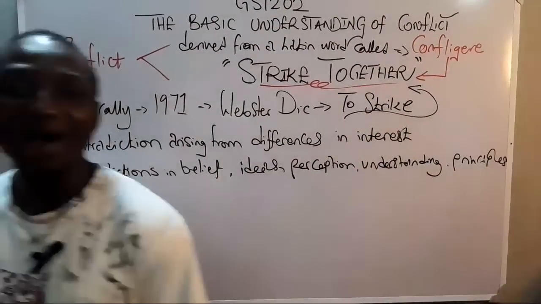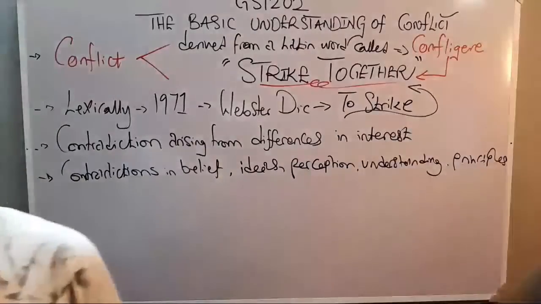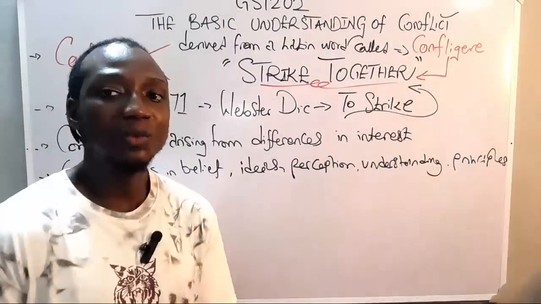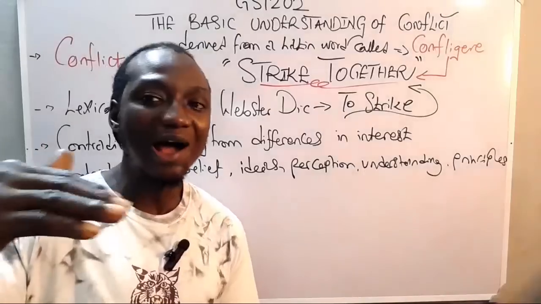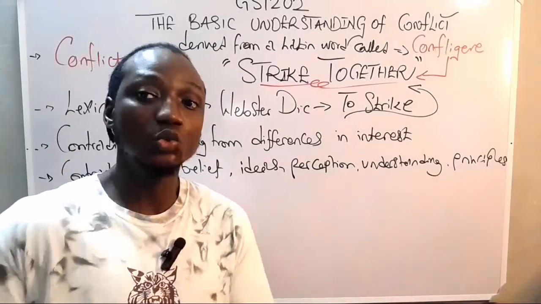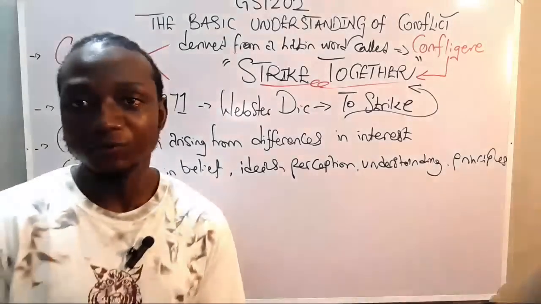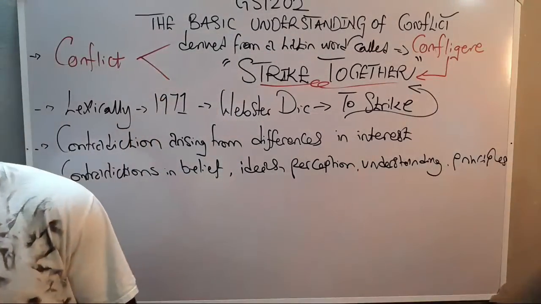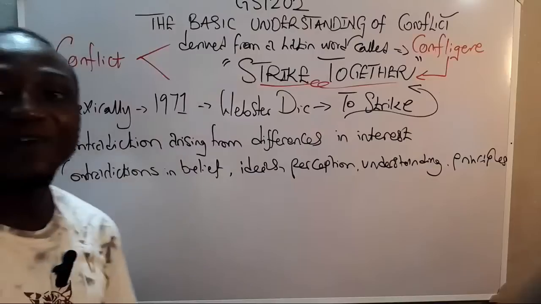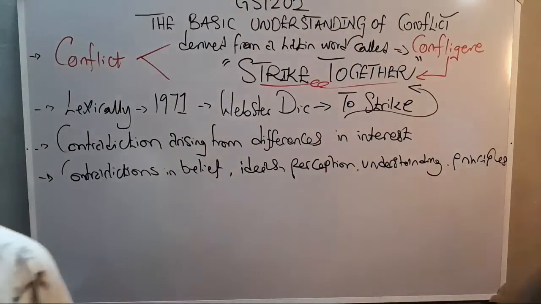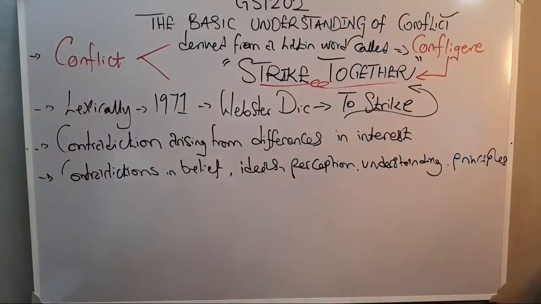So whenever you have situations whereby people no longer seem to understand each other, when people find it difficult to understand each other, when people don't see eye to eye on certain things, certain matters, the tendency that conflict will erupt is high. So when people no longer see eye to eye on certain matters or find it difficult to agree, just like Mr. Edwards said, when people disagree, then conflict is around the corner.